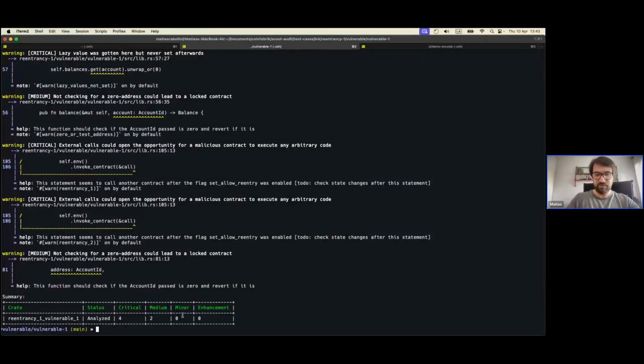But maybe you can rely on Scout's features, sorry, of having multiple output formats for a more friendly report. You can use cargo